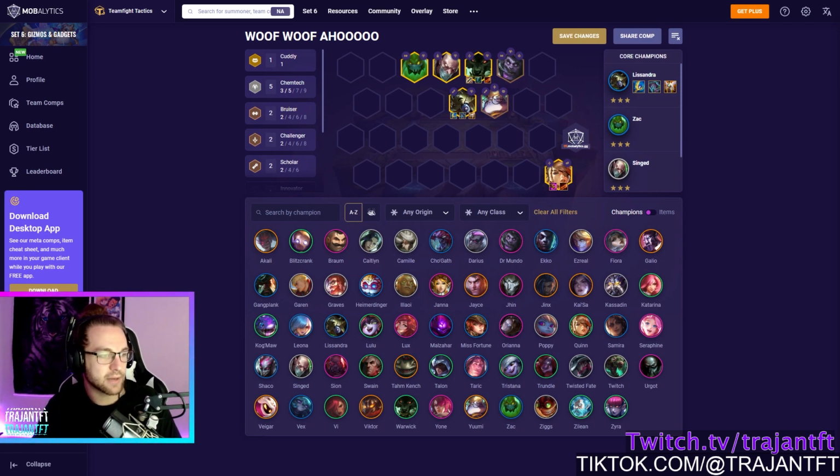Okay, so the game plan. Play this whenever you have a Chemtech opener with decent item setups for Warwick, like you have a lot of bow items and all that good stuff. But